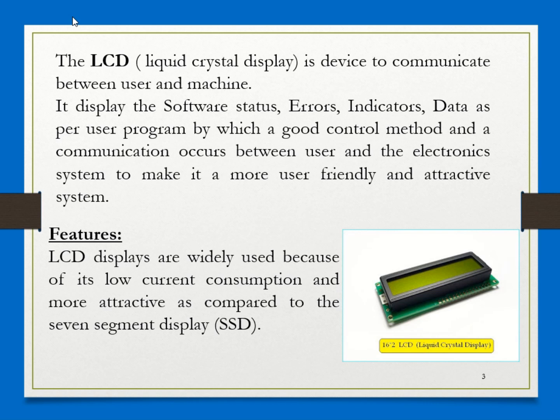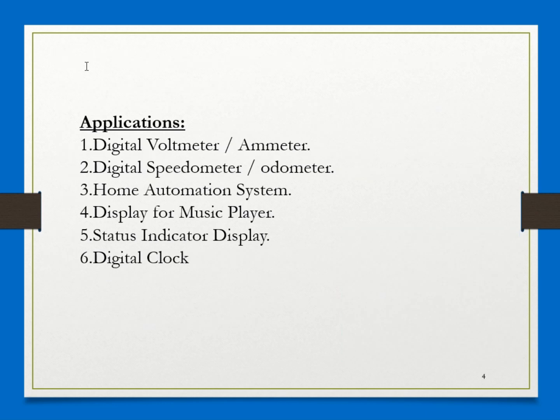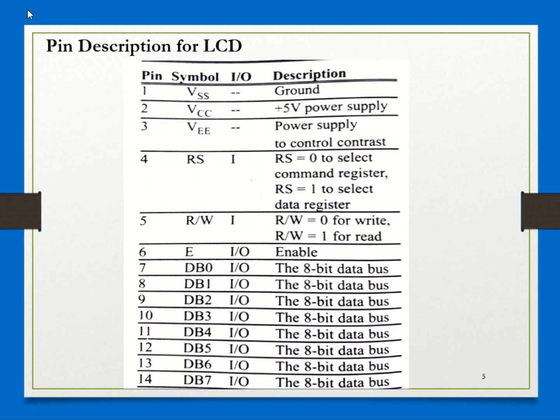All right. That is how it is mainly used in many applications, as we have seen. It is there in voltmeters, as we have witnessed. They are there in speedometers, in home appliances, then music players, or popularly digital clocks. So, as I mentioned, we will be discussing the 14 pin LCD here, the basic LCD module that will be interfaced to 8051.